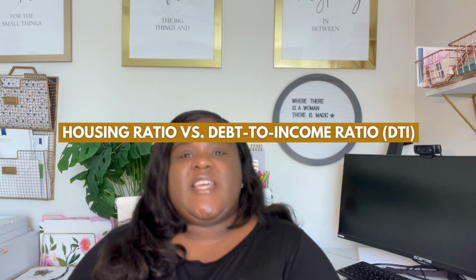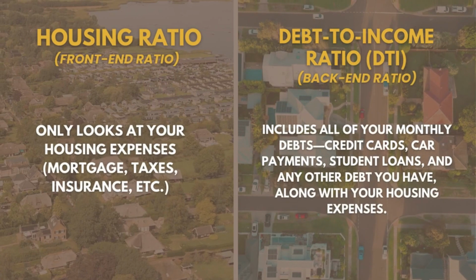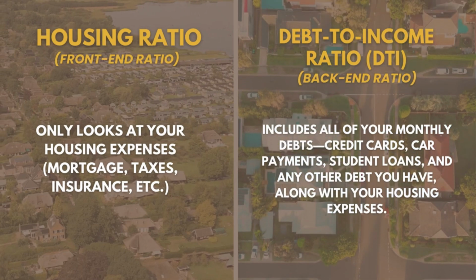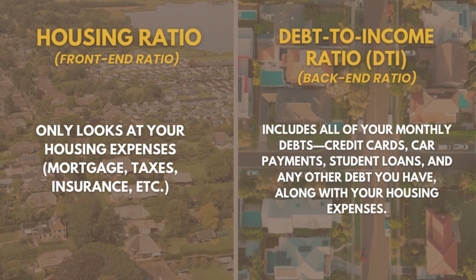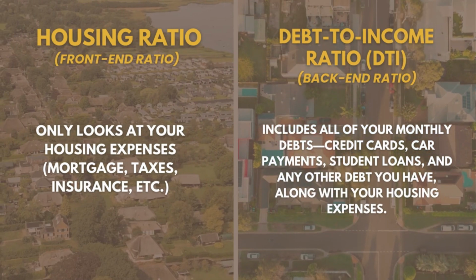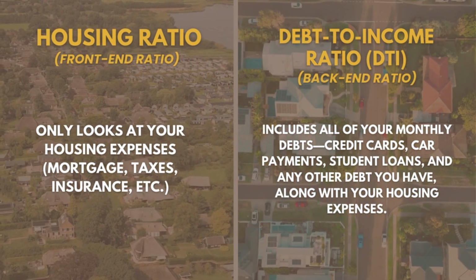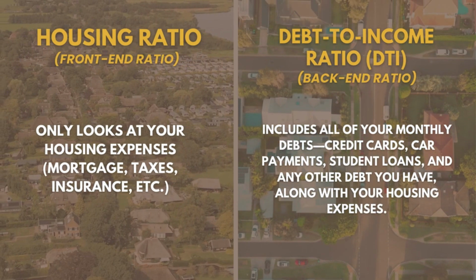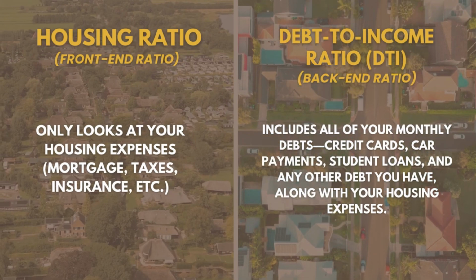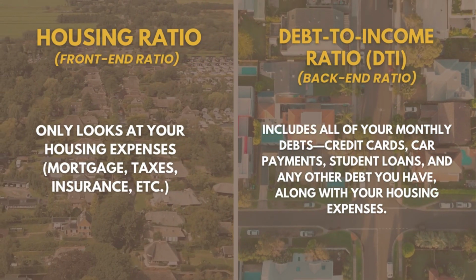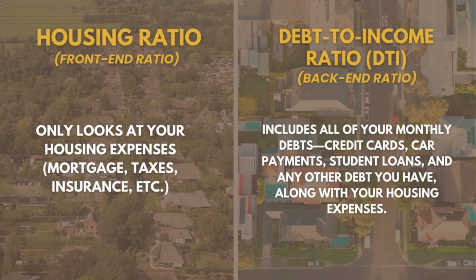Now, if you are wondering how your housing ratio is different from your debt to income ratio or DTI, the difference is very simple. Housing ratio or front end ratio only looks at your housing expenses. Again, that's mortgage, taxes, insurance, etc. While your debt to income or the back end ratio includes all of your monthly debt. So along with your housing expenses, we add credit cards, car payments, student loans, and other debt that you may have. So housing ratio focuses just on what it costs to live in your home, while DTI looks at your overall